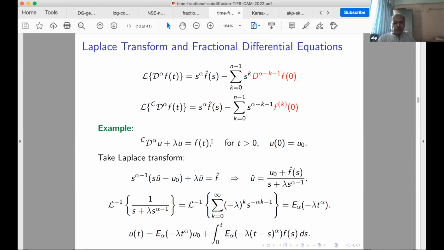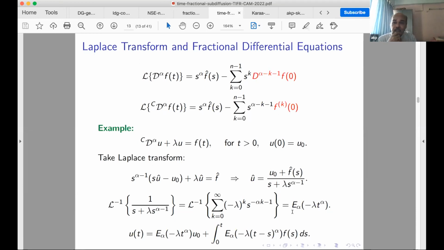The standard way is to apply the Laplace transform. So you apply the Laplace transform. The Laplace transform of the derivative of order alpha will behave in this way. And you can write down the Laplace transform of u as u0 divided by s plus lambda times s to the alpha minus 1. Let us think f is equal to 0. Then you have to take the inverse Laplace transform. So if you take the inverse Laplace transform and u0 is equal to 1,